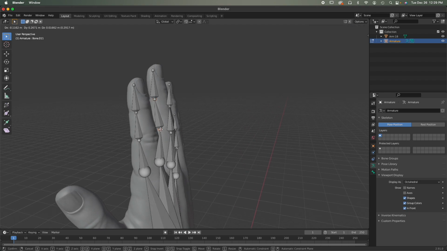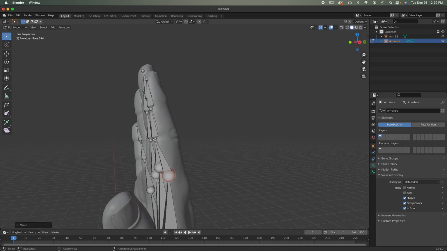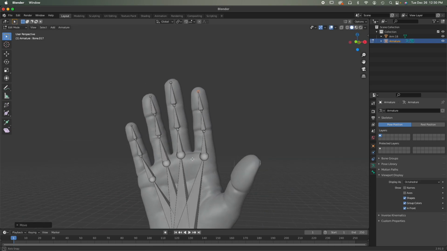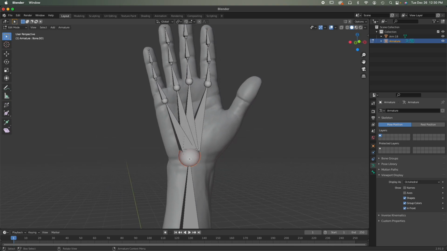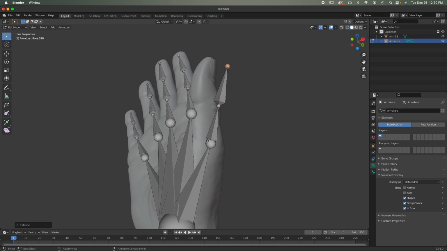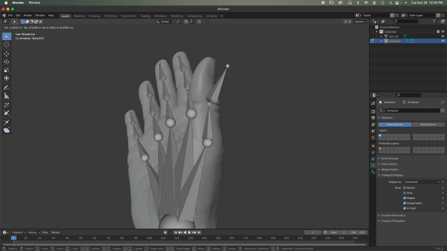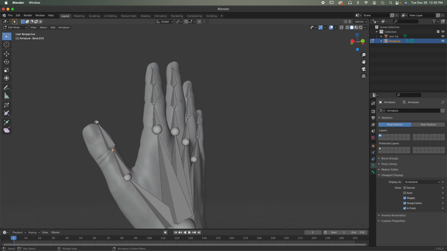This is where it gets a little tricky, especially when, in front, they start to overlap each other. It doesn't have to be totally perfect, but you want it pretty close and sort of inside that mesh as best you can. All right, that looks good. We'll go ahead and do the thumb. Select that joint, hit E to extrude up to here, here, and here. Just pan around, move those joints. Pull them back in,